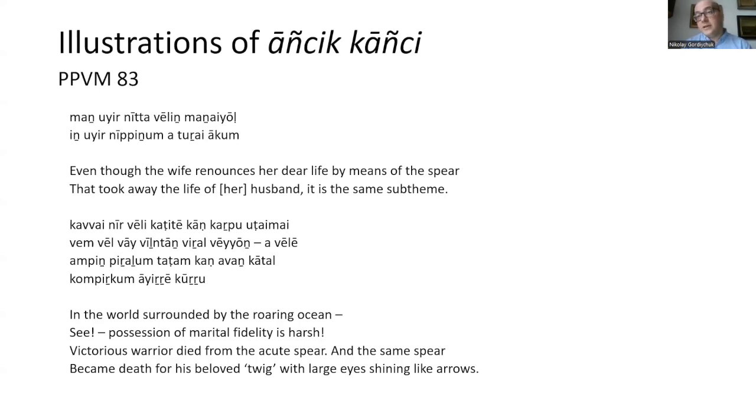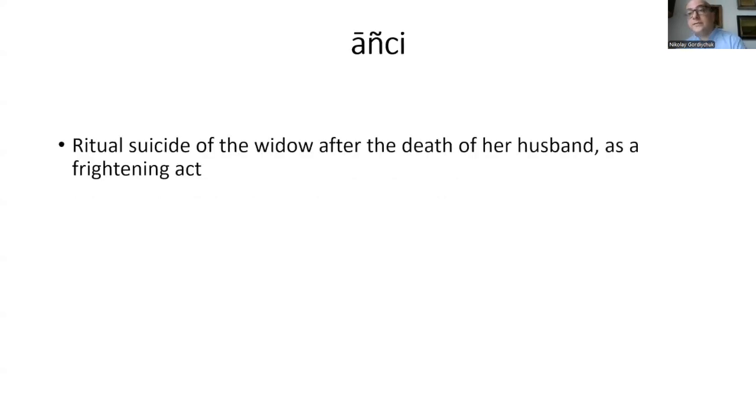So probably we have this development of the meaning. In earlier attestations, in Tolkappiyam, we had more like a description of some kind of suicidal ritual on the battlefield. So the widow kills herself with a spear, and the same is in one of the poems in Purapporul Venbamalai. And in the other attestation in Purapporul Venbamalai, we see that it is more like self-immolation already. So more like the sati ritual as we know it from later literature.